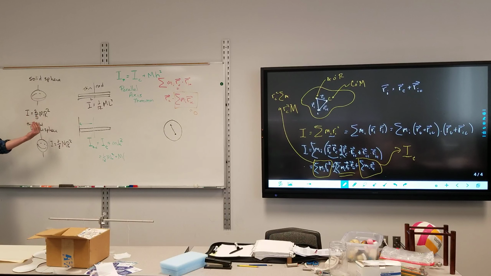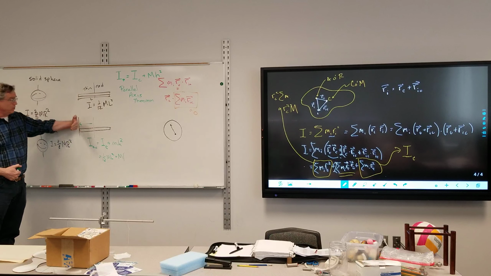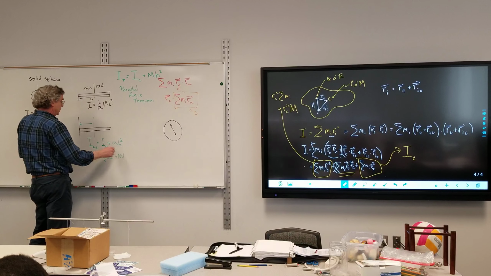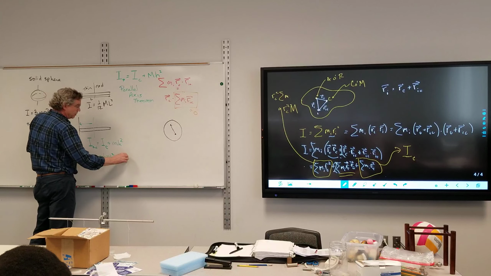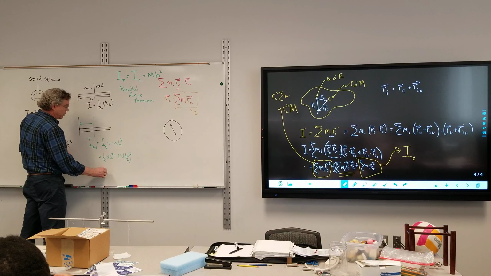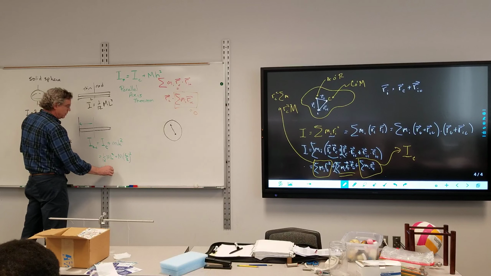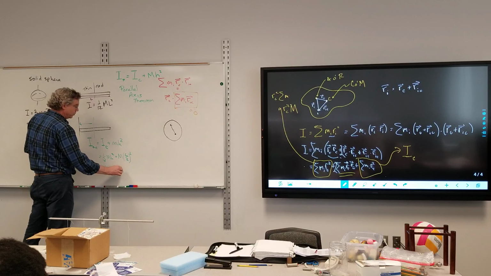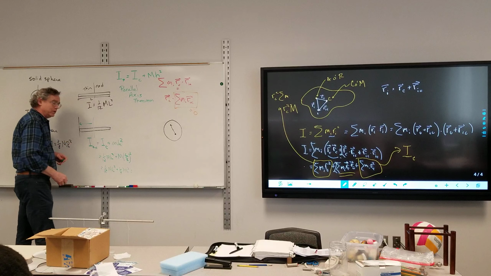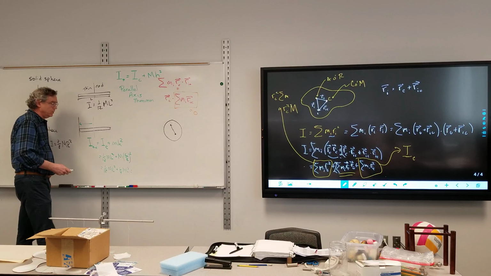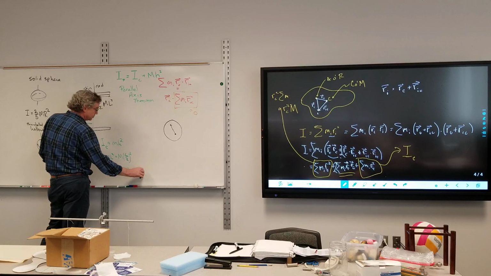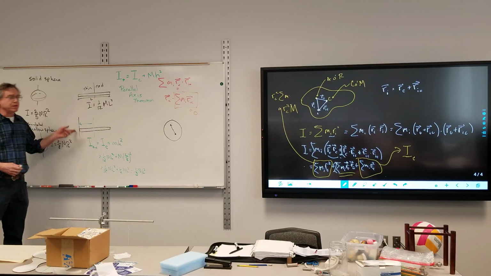It's parallel to it. So I'm not going from here to something going that way. It's parallel. And I shifted it half the length, L over 2 squared, which is 1/12 m L squared plus 1/4 m L squared. And 1/12 plus 1/4 is 1/3. And some textbooks will give us